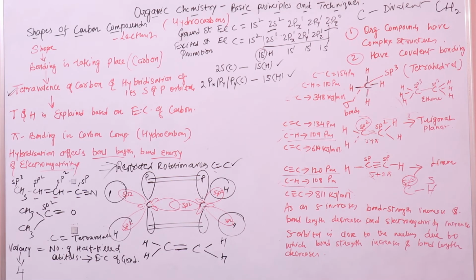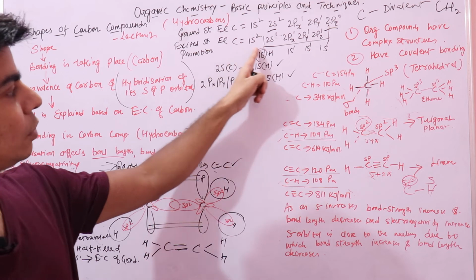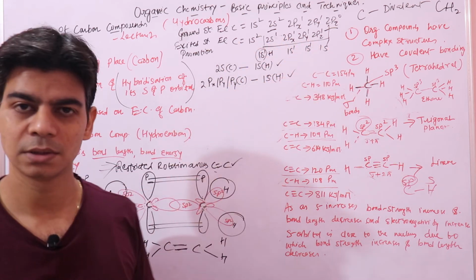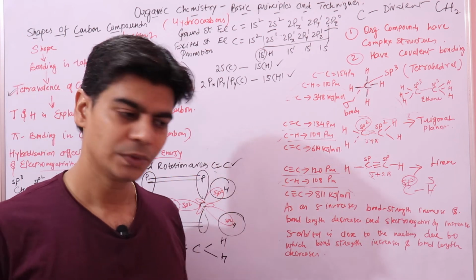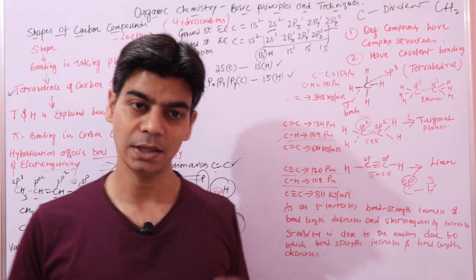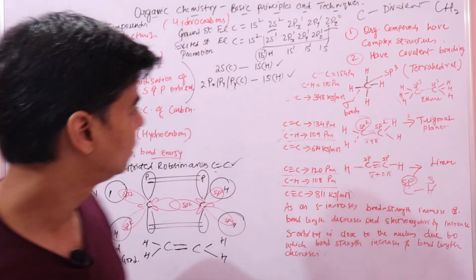But experimentally it is found that all these bonds are alike, they are same, right? So what explanation is given towards it? Hybridization between s and p orbitals. In electronic configuration of carbon, you can see that you have s orbital and p orbitals, right? So hybridization is when these s and p orbitals will mix and merge, and they will produce a new set of hybridized orbitals.